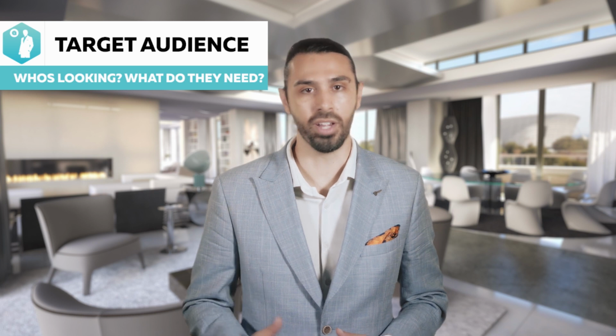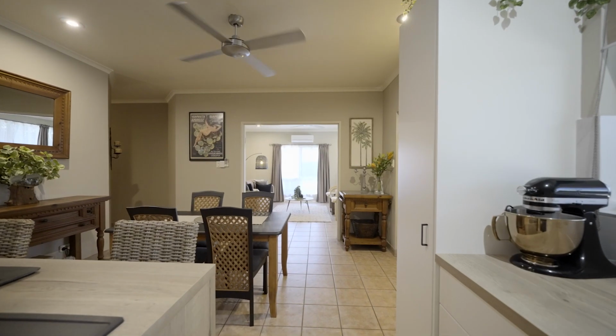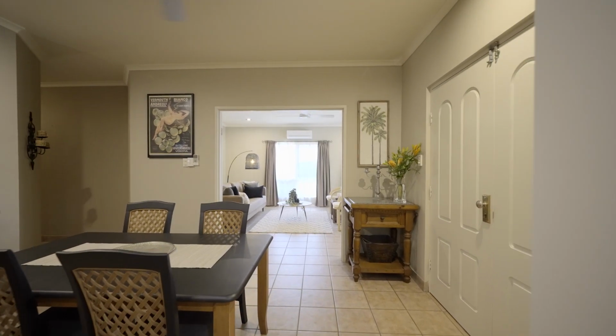Who are you selling to? First home buyers, families, or retirees? Knowing the target market can help you make informed decisions about what upgrades to make. For example, if you're selling to families and have a high bedroom count, then adding an extra bathroom or creating a more open floor plan may add value to your property. Alternatively, if you're selling to retirees, then adding features such as grab bars or a walk-in bathtub may be more